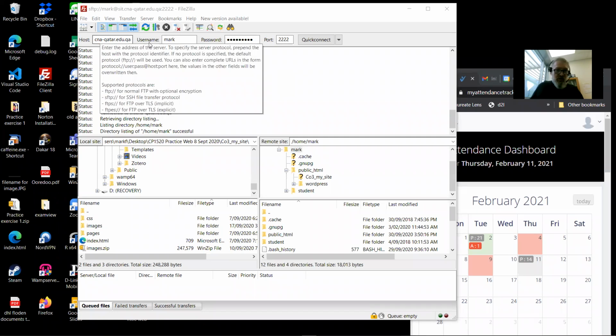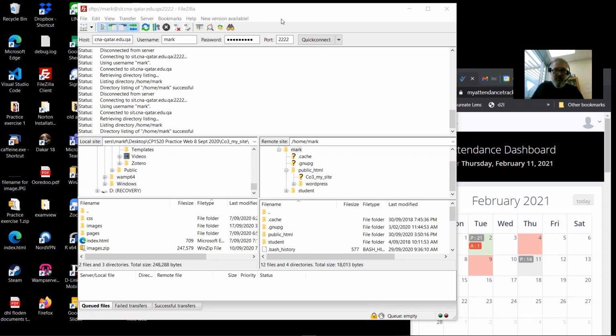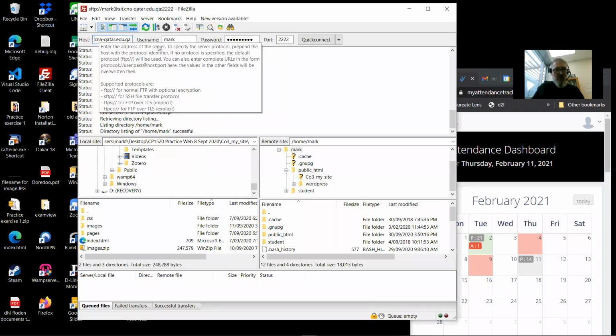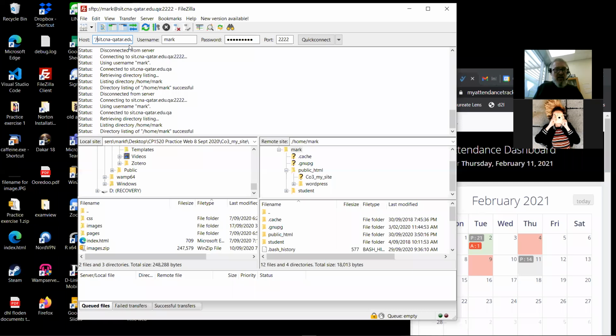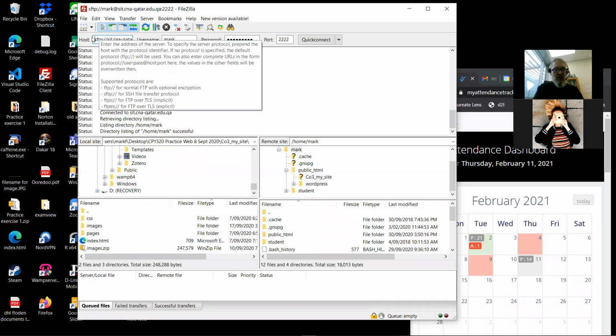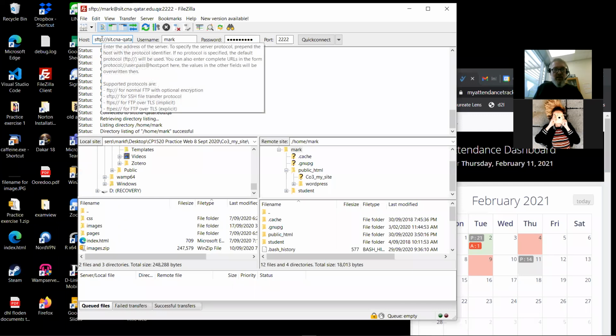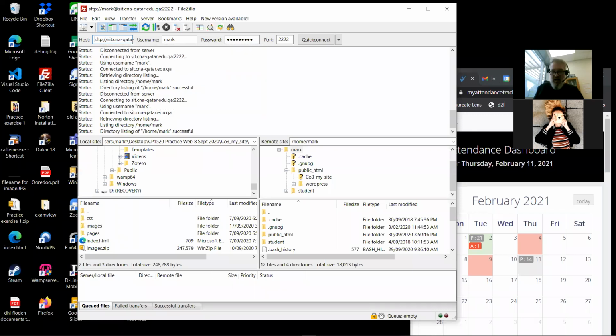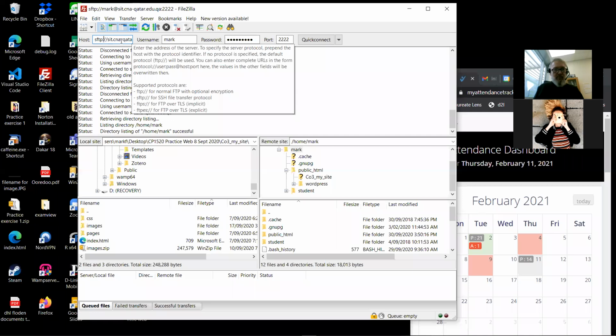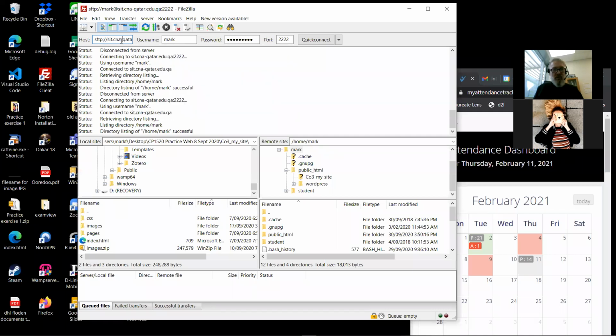So you'll need to install FileZilla. Once you've installed it and you open it up, this is what FileZilla looks like once you've logged in. It won't look like that until you do these things. First, you'll have to put something into the host field. Very important that you put it in just like this: SFTP://, and then the URL of our server, which is